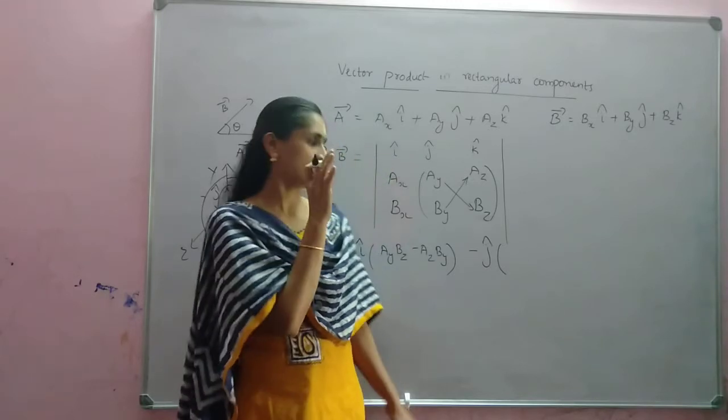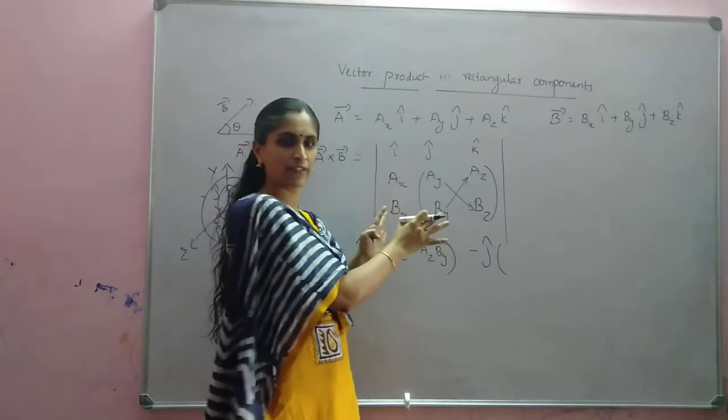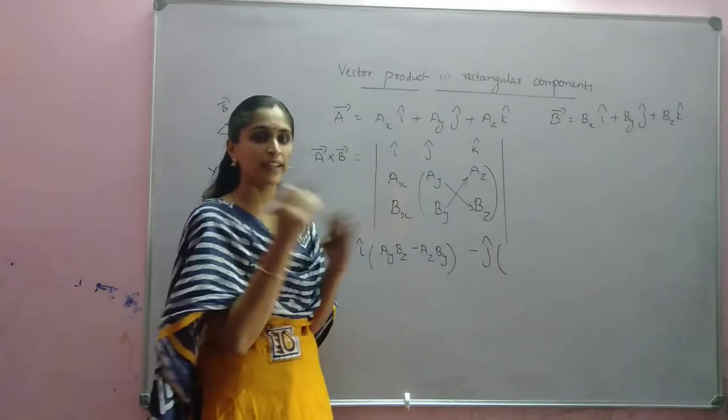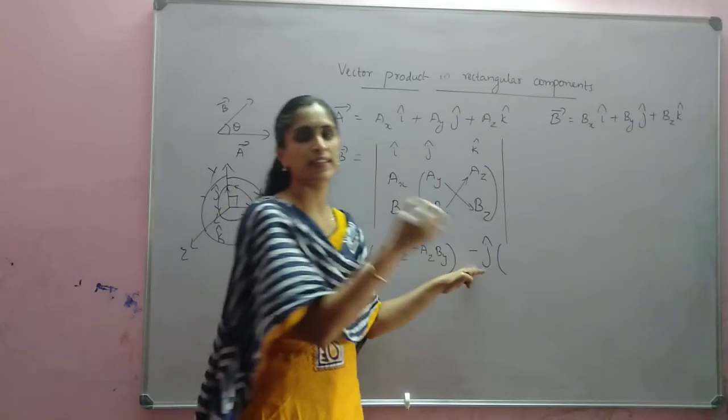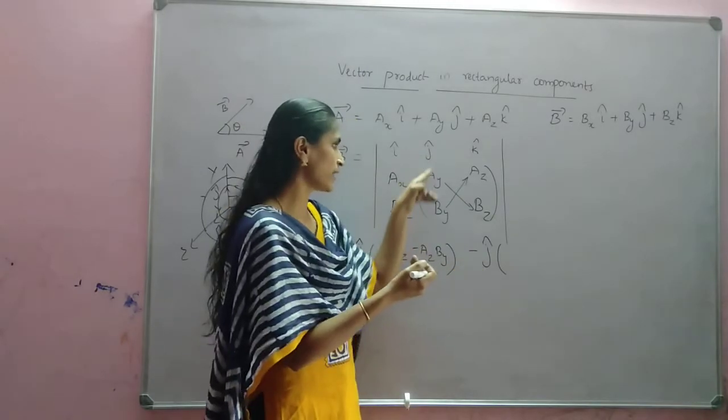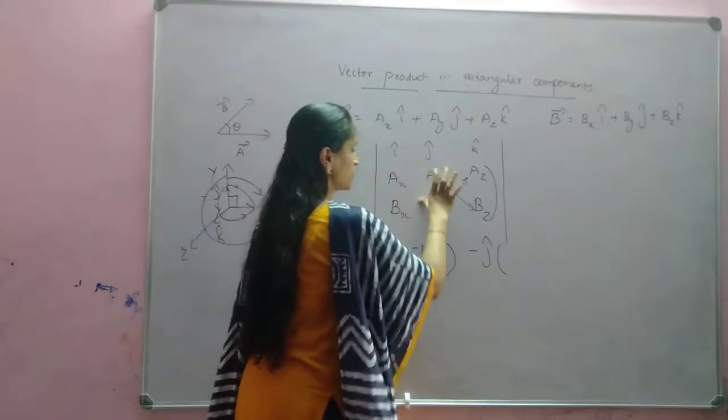More than that is needed. So just whatever is needed for the present, only that we are discussing. Alternate positive and negative signs will be there. So the first term is positive, so the second term will be negative. So next we have to take minus j. Okay, now this part is over.